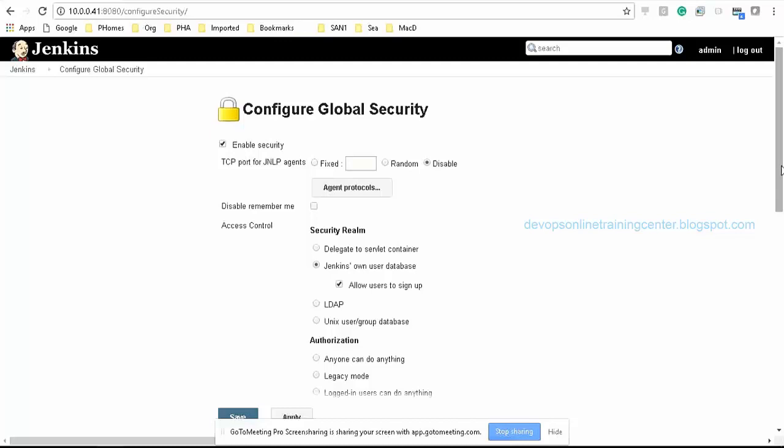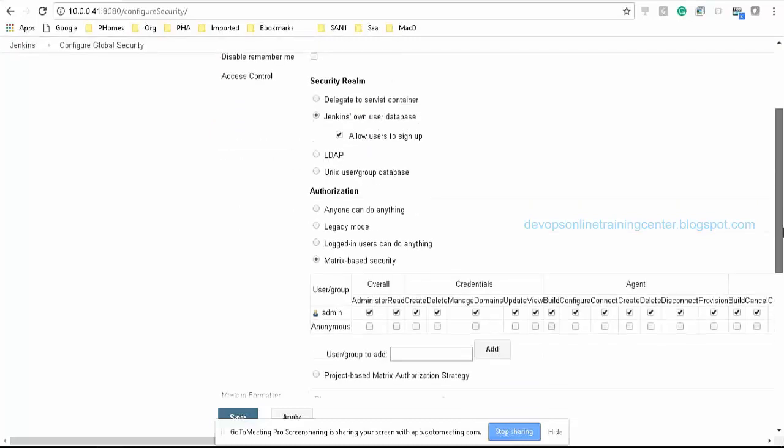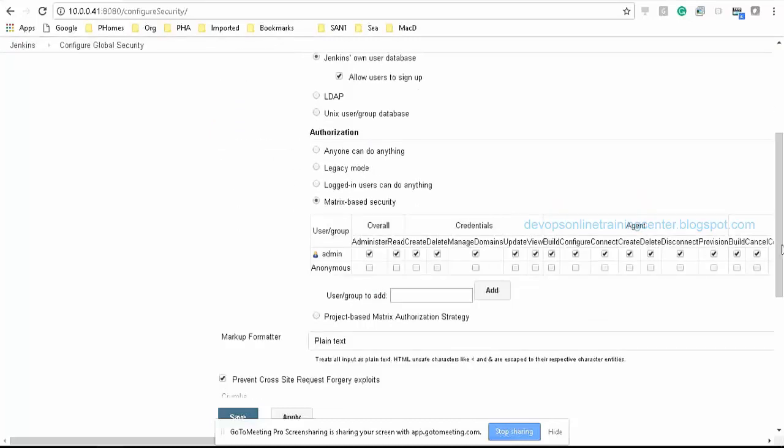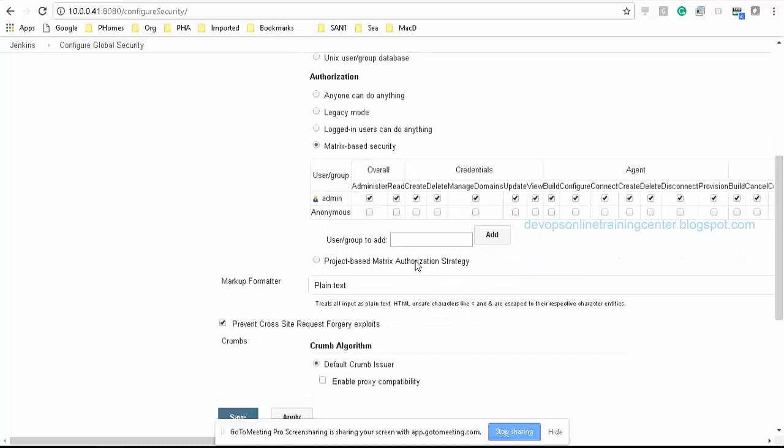If you click on it, it will ask to sign up. Or if you know that you are going to add a user, then you can give permissions to this guy.